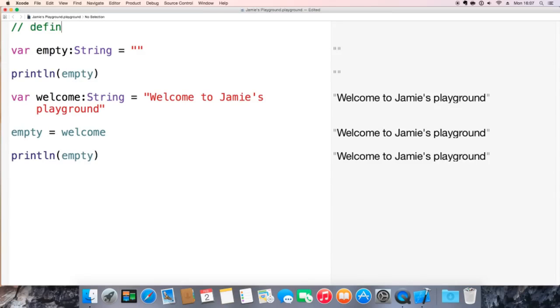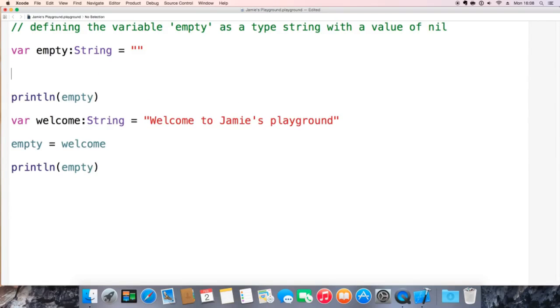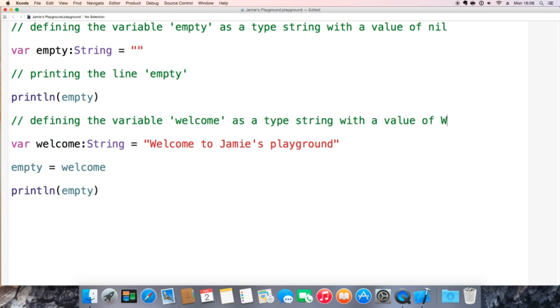So we're saying that we're defining the variable empty as a type string with a value of nil. A value of nil because there's nothing as its value, okay? And then we're saying that we're printing the line empty, okay? And then we're saying that we're defining the variable welcome as a type string with a value of welcome